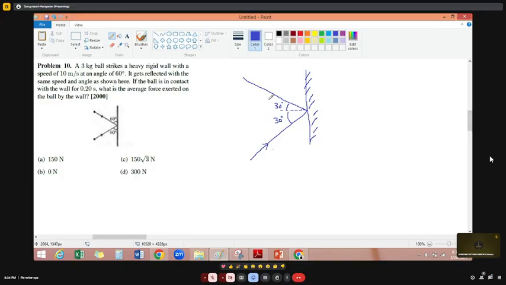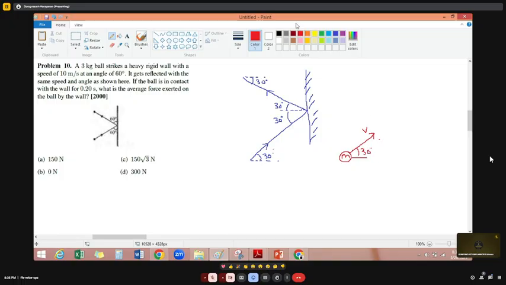I thought it was coming like this, but it doesn't matter. It's coming here and then going here. If this is 30 degrees, this is also 30 degrees. So if I consider this one, a ball with mass m going with velocity v at an angle of 30 degrees,